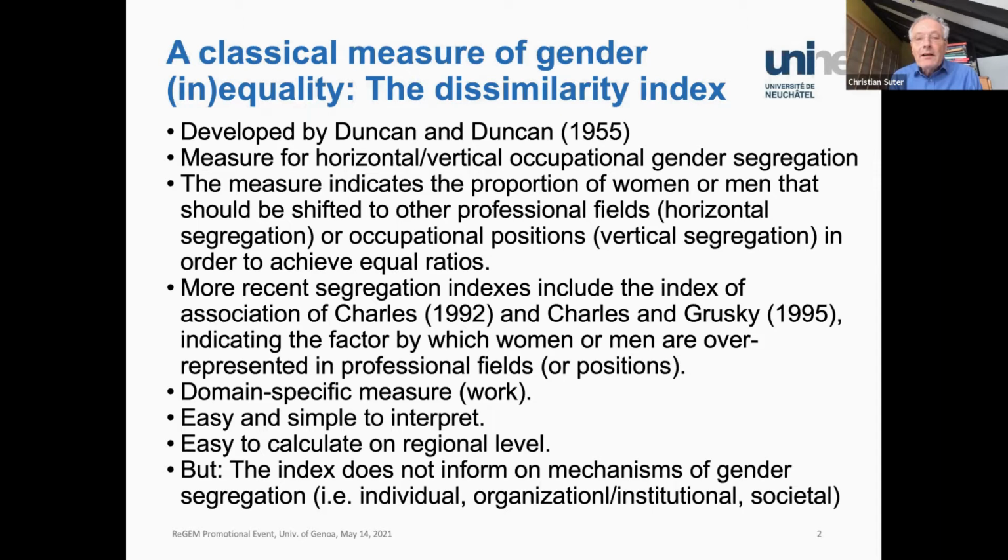And so this measure tells you how many males or females you have to change from one field to another to have equal ratios. Let's say the proportion of females you have to put in the management level to have equal ratios between females and males in that management level. And so this is a very nice indicator or index with respect to the meaning that is easy and clear. It can also be easily calculated on regional level, which would be an important element for our project. And so that's a kind of classical example of